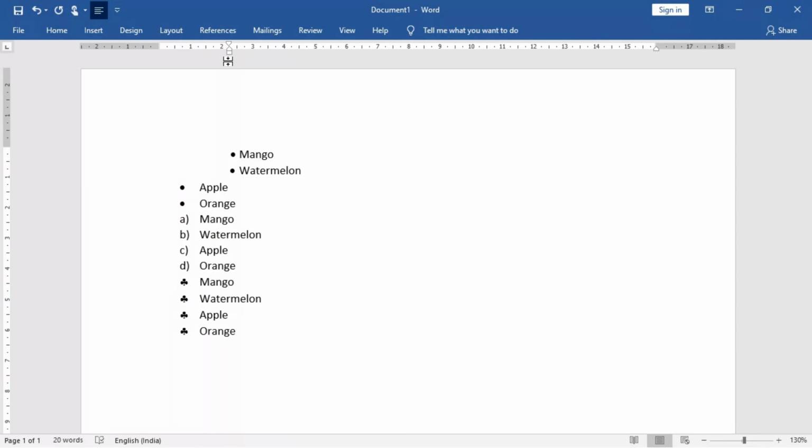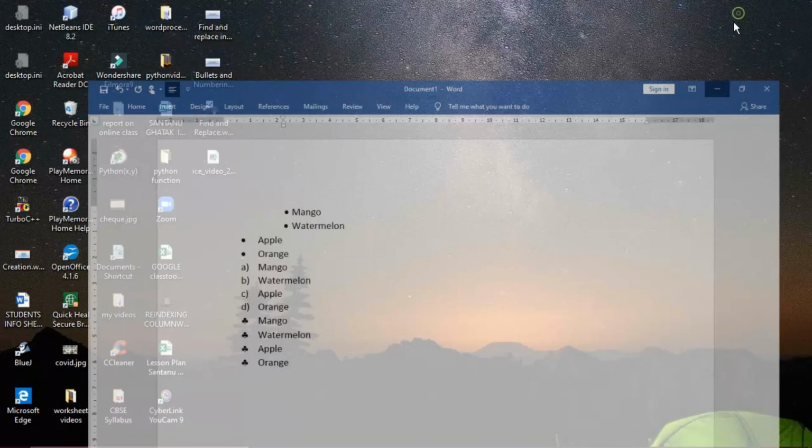So only you have to remember that you have to go to the home tab, paragraph group, bullets and numbering drop down list. You have to choose, and then you can choose the formats of your bullets. Okay, so if it is a symbol bullet, you can take it, and if it's a numbering bullet, A B C D, 1 2 3 4, whatever you want, you can select. Fine. That is all about the bullets and numbering options.